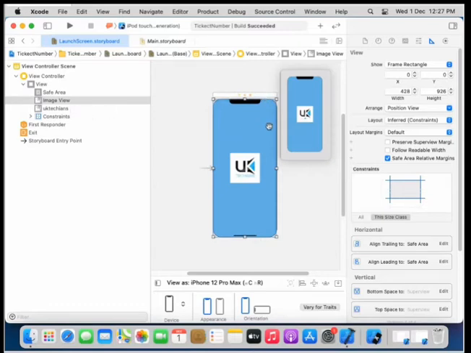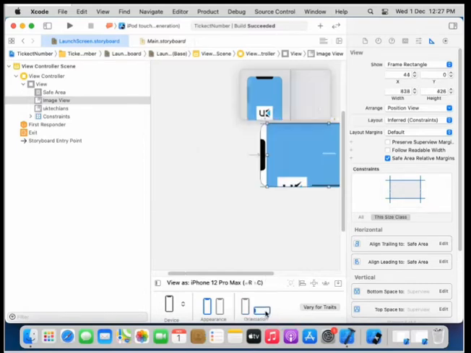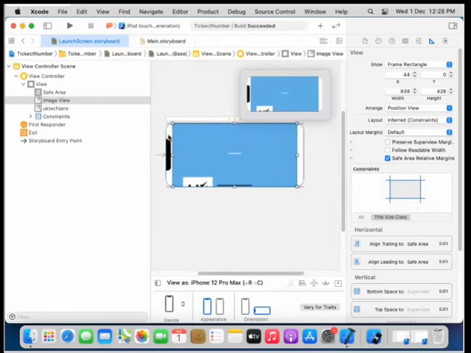Okay, when we switch the orientation from portrait to landscape, it shows that the image is not connected with the safe area. Because it's just a background, we need to remove the safe area constraint and show the background on the full screen when the app launches. So what we have to do is just go to this section of constraints, click over here.